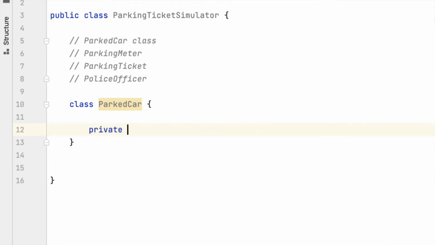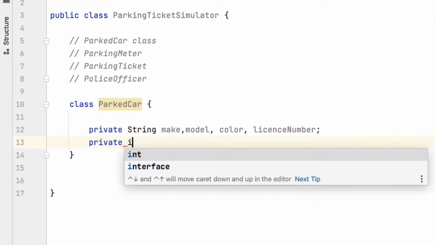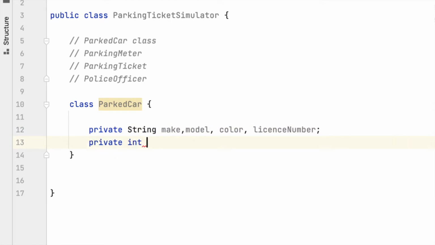So we'll say private String make, model, color, and license number. And here we have to create a private int field which will hold minutes parked. Then we have to create a constructor